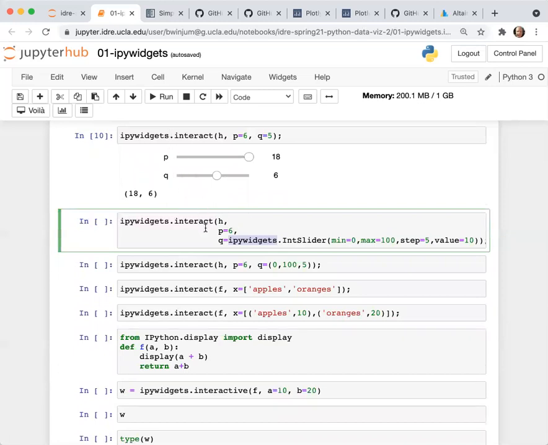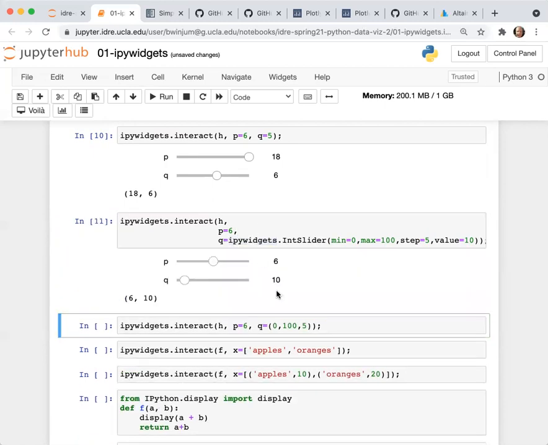So now this is the same function, but now I'm explicitly passing in for Q an integer slider as its value. So you don't have to pass in a number, say, or a string or a Boolean or any variable like that. You can actually pass in one of these slider objects into the parameters.